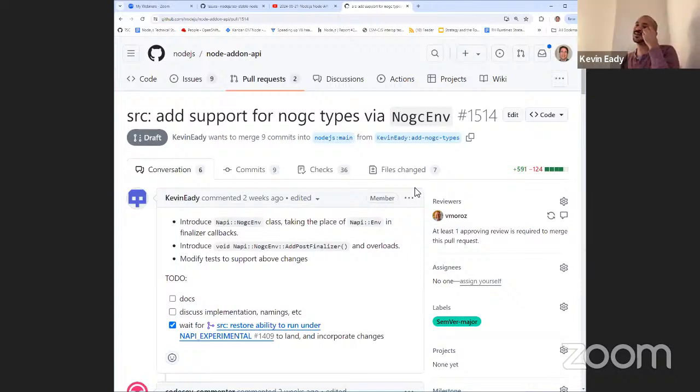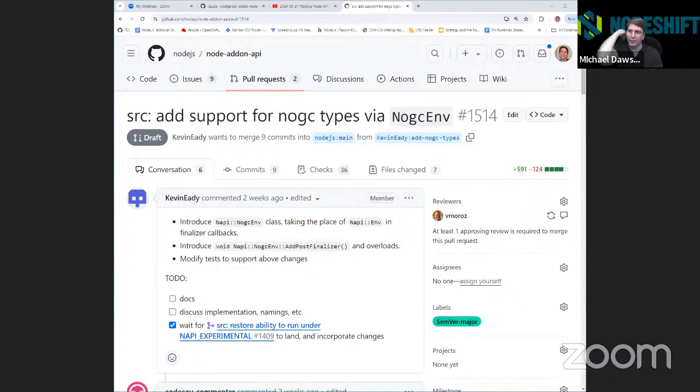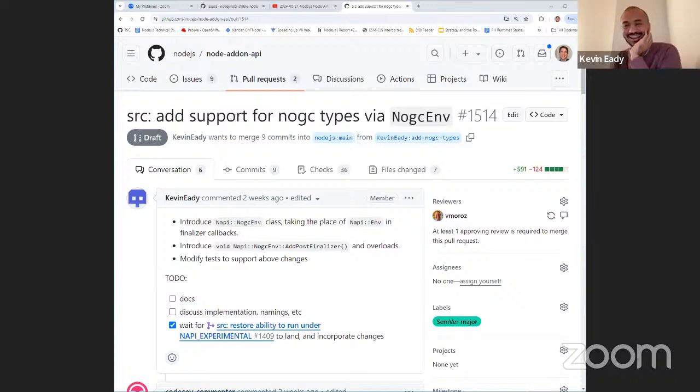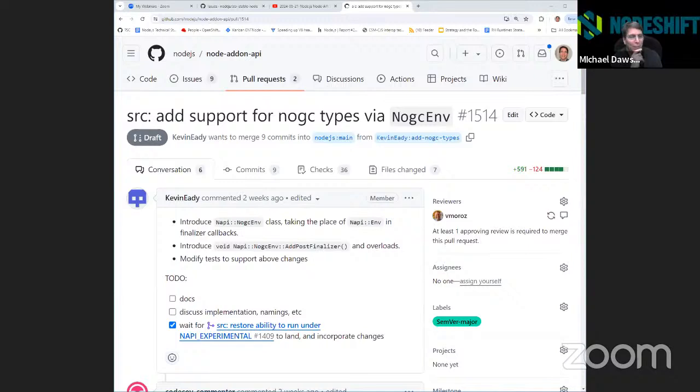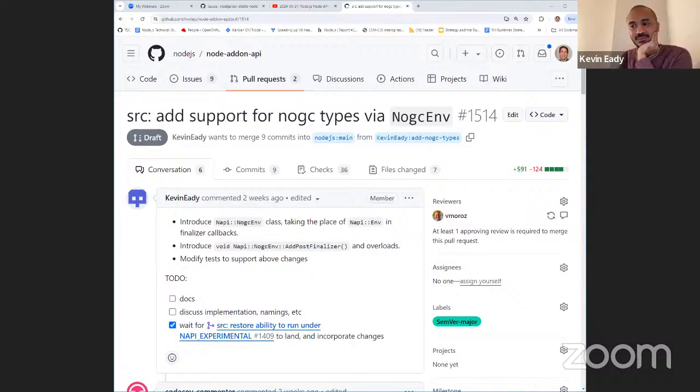Yeah, so it would be best to run under different versions. But maybe in the short term, I'm just turning it on. Go on, go ahead. I don't know which is the best. We couldn't run under experimental before, so it wasn't an option, but now that we're getting there.